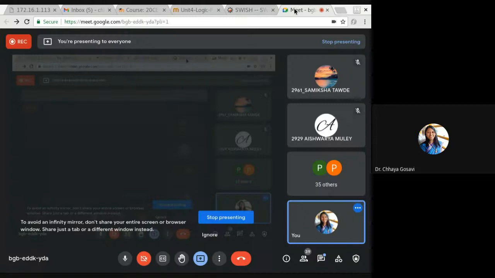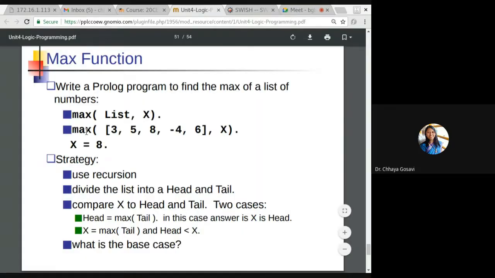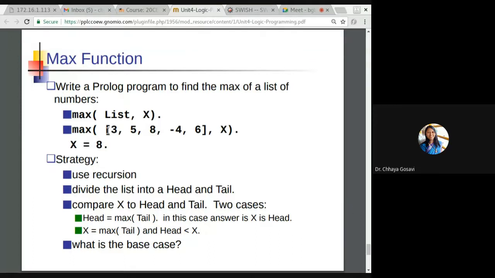Now suppose you have to write a function which will take a list and return the maximum from that list. Take a list of elements and it should return the maximum value from that list. So list x, where list is the parameter that you are passing and x is the maximum value. So max of the list, whatever the list is, it will return x is equal to 8. Suppose you have to write this function. What will be your strategy? How will you write a Python program to find the maximum element of the list? You have a problem given to you, and you have to find the solution. So how will you go?